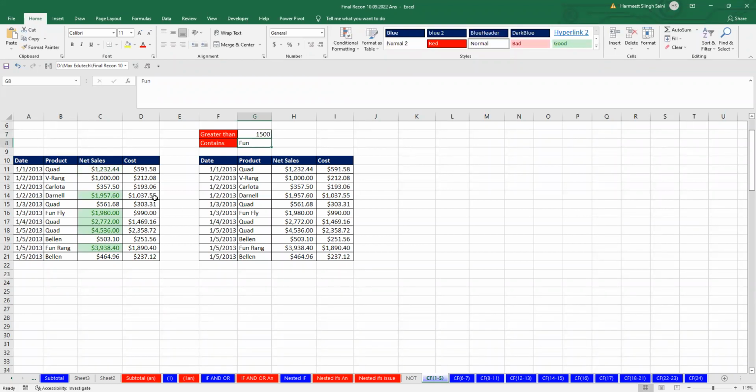you will see that this particular value which was highlighted earlier is not getting highlighted anymore. Now only these cells which are above 1500 are getting highlighted. If I change this again further to 2500, okay, fewer cells are getting highlighted because fewer conditions are getting met with this new threshold. So that's how you can create a dynamic conditional formatting rule for your data,